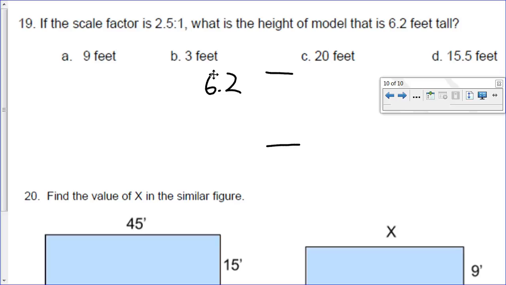I'm reading this. So whatever we have modeled, maybe we've modeled a Christmas tree. I don't know. But whatever it is, it's 6.2 feet tall. So the scale factor is 2.5 to every 1 foot of whatever the thing actually is. Okay? So this has been scaled